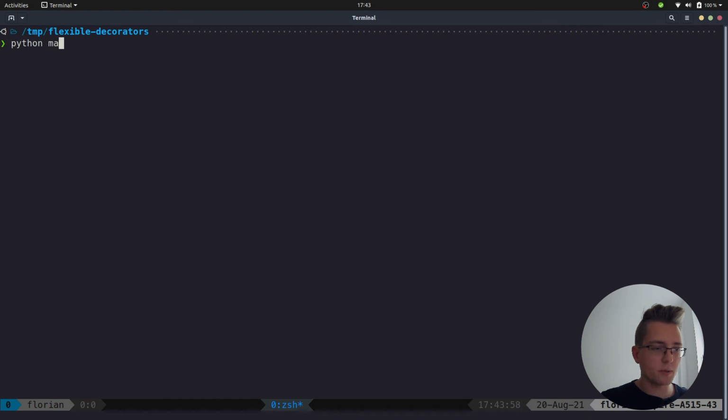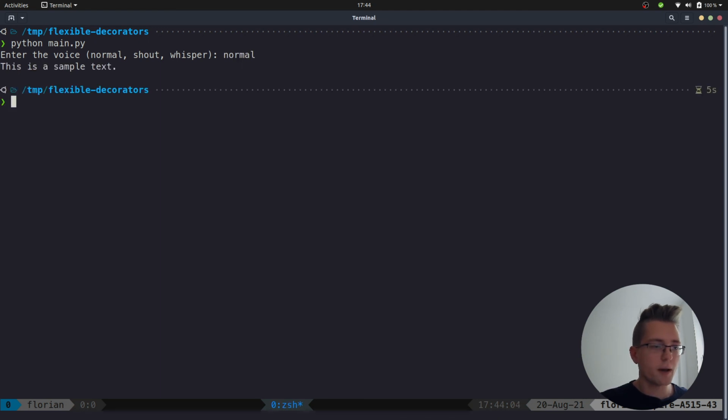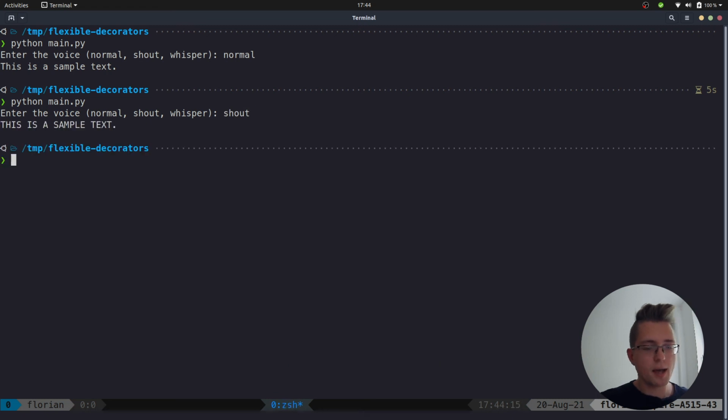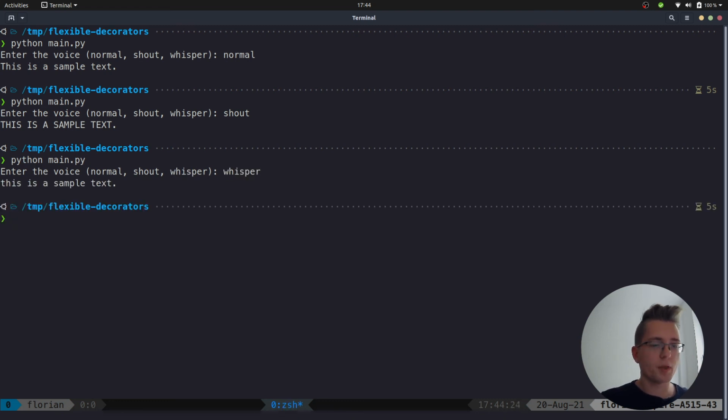And now run our script. So python main.py, enter the voice, normal, shout, or whisper. I will go with normal for now. And yeah, our sample text is simply printed to the terminal without any transformation being made. And if you run the script again and this time use the shout option, everything is printed in uppercase. And last but not least, if we supply whisper to it, then everything is printed in